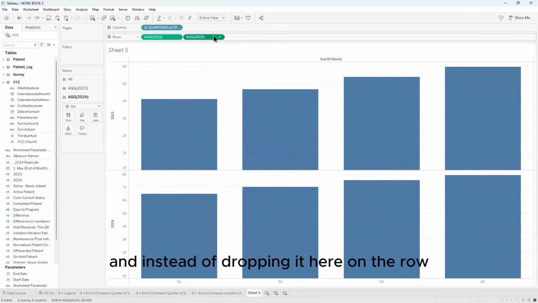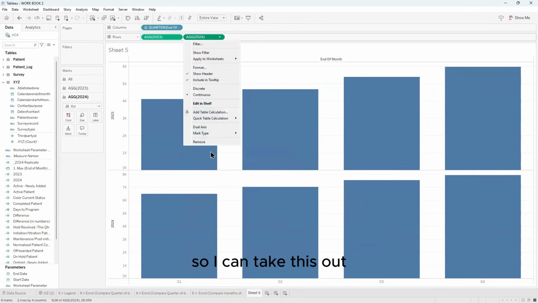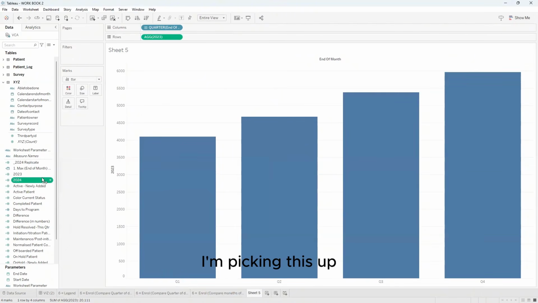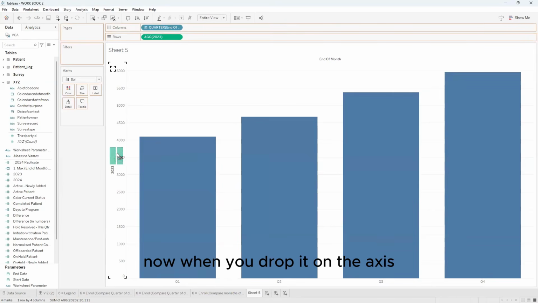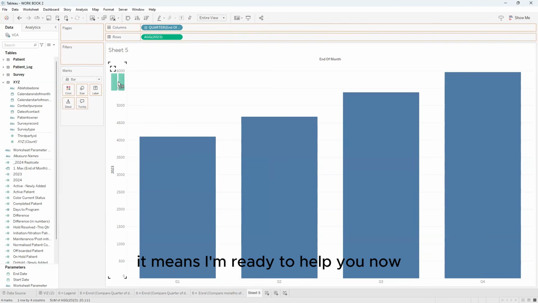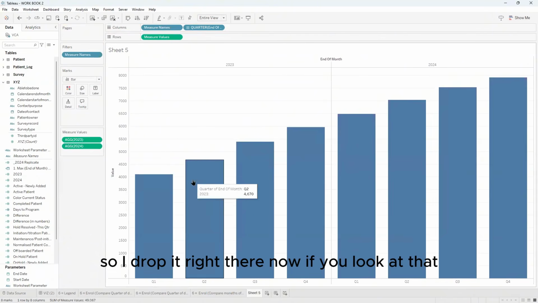And instead of dropping it here on the row, I can take this out, remove these. Instead of dropping it on the row, I'm picking this up and dropping it right here on the axis. Now, when you drop it on the axis, watch. It comes up with a twin line and it shows green. It means it's ready to help you now. So I drop it right there. Now, if you look at that,